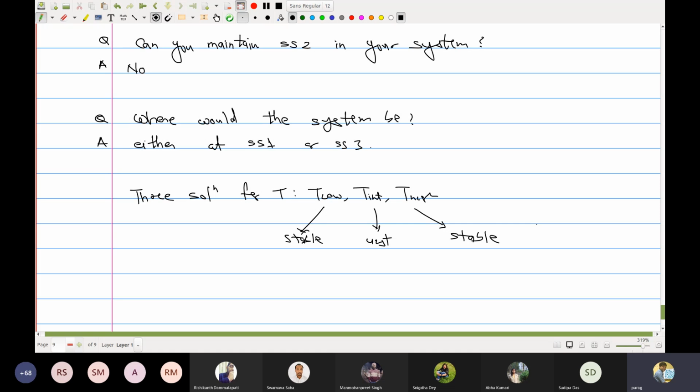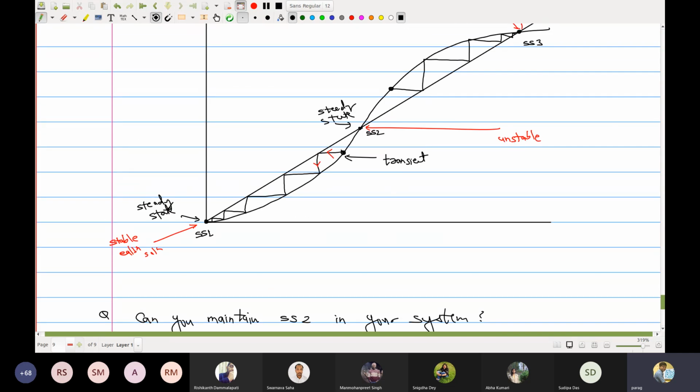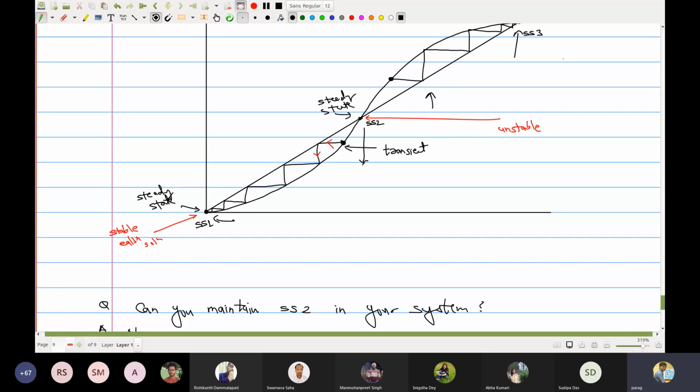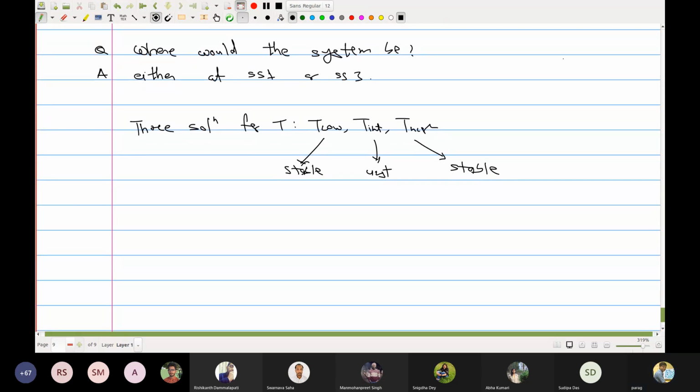Now, as a control engineer or as a plant engineer, this is important to know where it would settle. Well, from this diagram, you will know that if your initial temperature is lower than this steady state temperature, you will settle to this point, and if it is higher than this, you will settle to this point. Now, this means that your reactor will either, depending upon your initial condition, be a cold reactor or it would be a warm reactor, right?